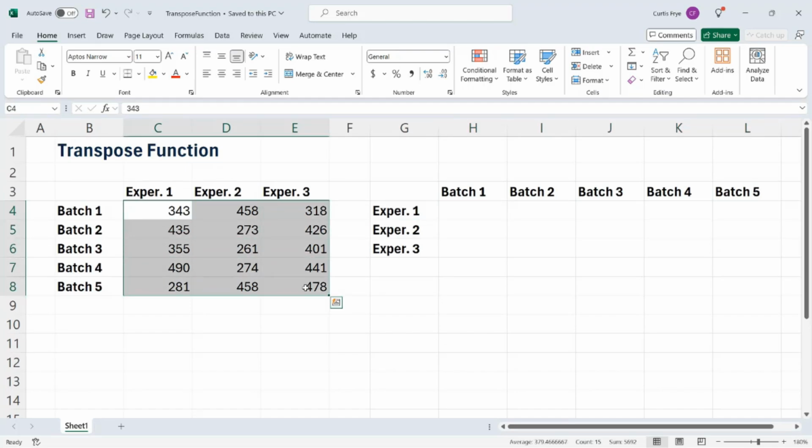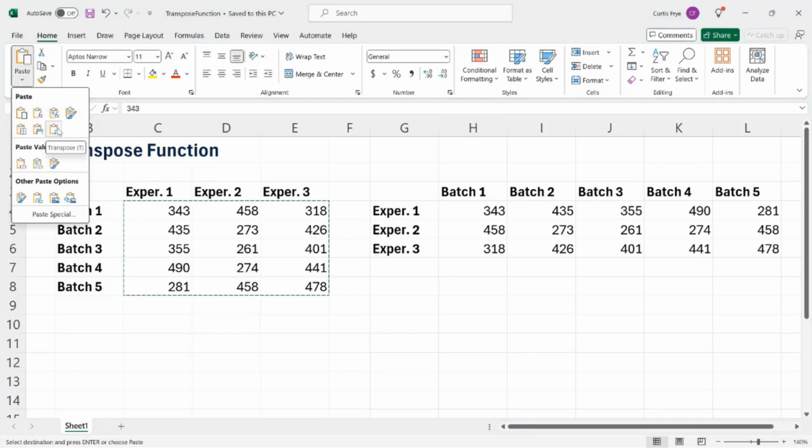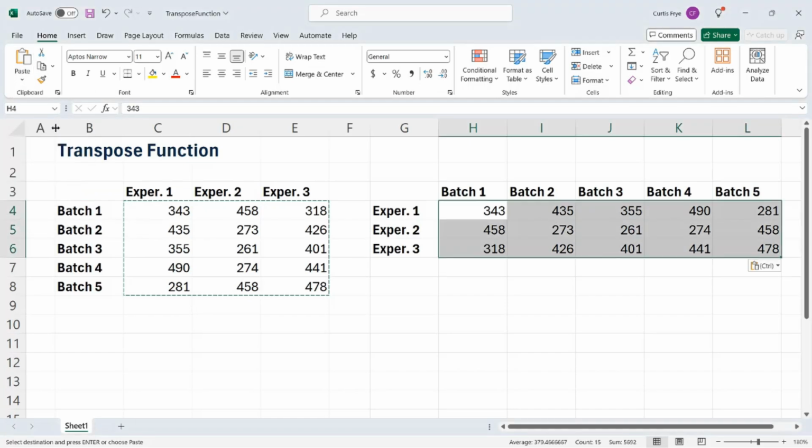And I showed you how to do this in another movie. All you need to do is copy it, then click where you want the data to go, and then you transpose to shift each of the rows into a column. So on the Home tab, we'll go up to the Paste button, click its down arrow, and then in the top section there is Transpose. So I'll click there, and you can see the data has been transposed, basically turning it on a diagonal axis